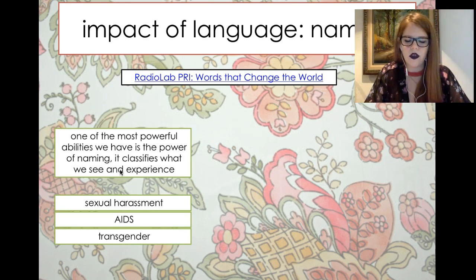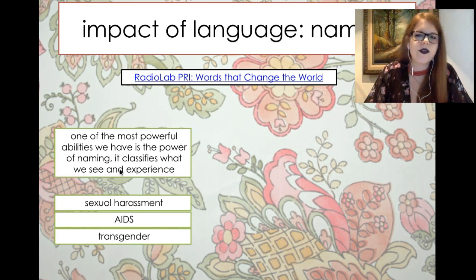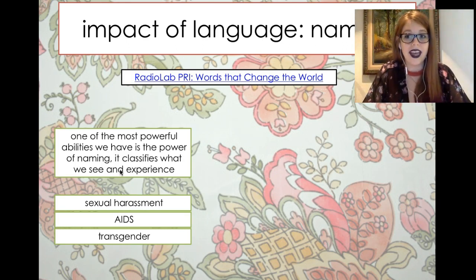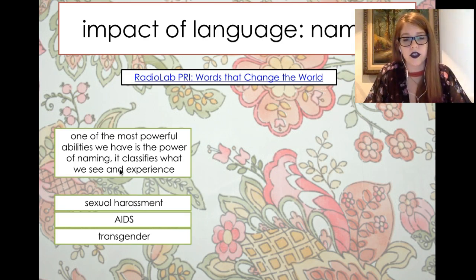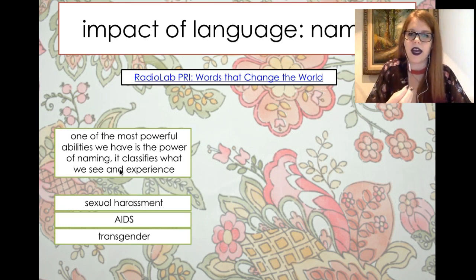Now, the question is, when did sexual harassment become a crime? And when did we even have a word to understand what it is? Most of our English records show that the first coinage of sexual harassment was in 1974. But the first time it was uttered in a government building or in a court of law was 1991, when Anita Hill testified against Supreme Court Justice Clarence Thomas for his treatment of her while she worked as a clerk in his office. And when she uttered it, it launched a system for us to begin to identify experiences that